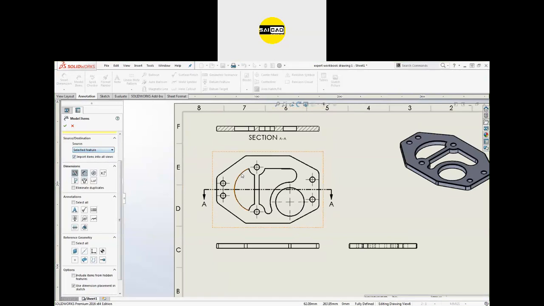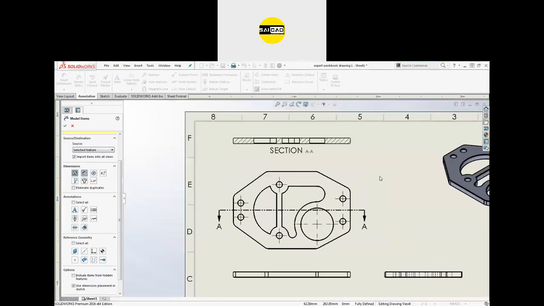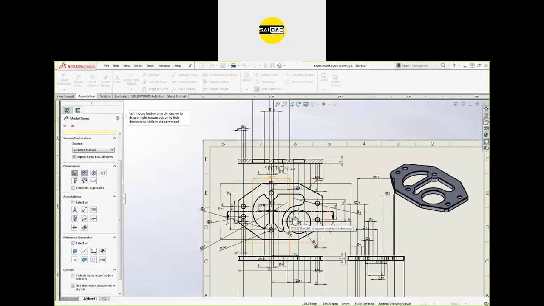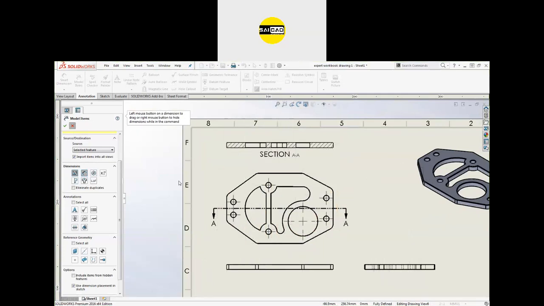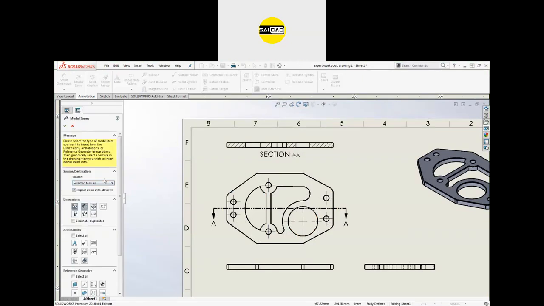Selected feature means I just want to use the extrude command dimensions. So just select this one, and the dimensions will be shown here. You can see there are so many dimensions in all the views. So cross that. I don't want to see everything. I just want to show the dimensions.